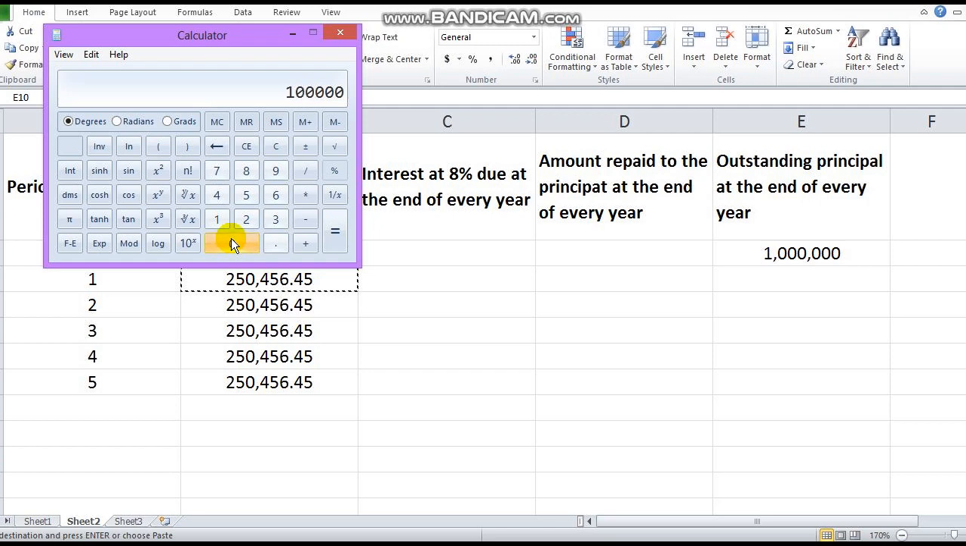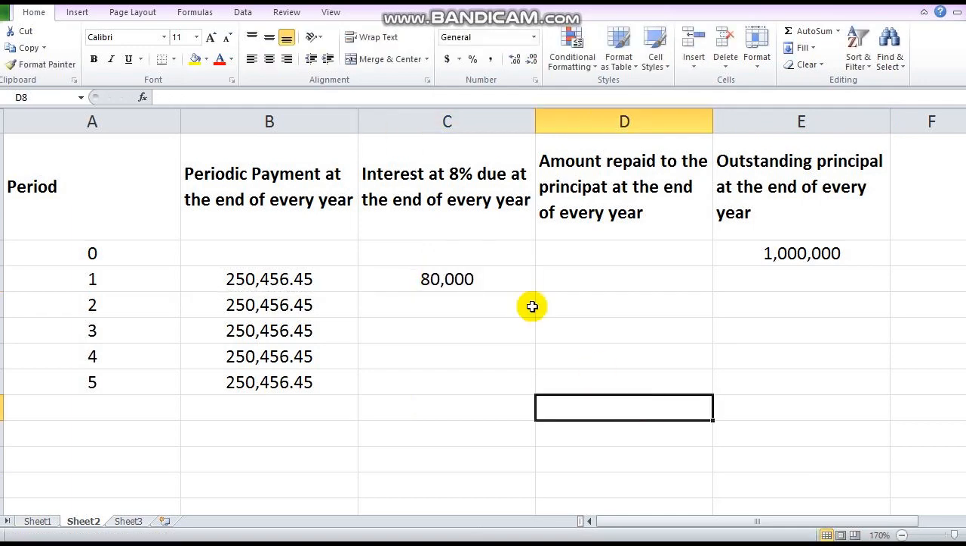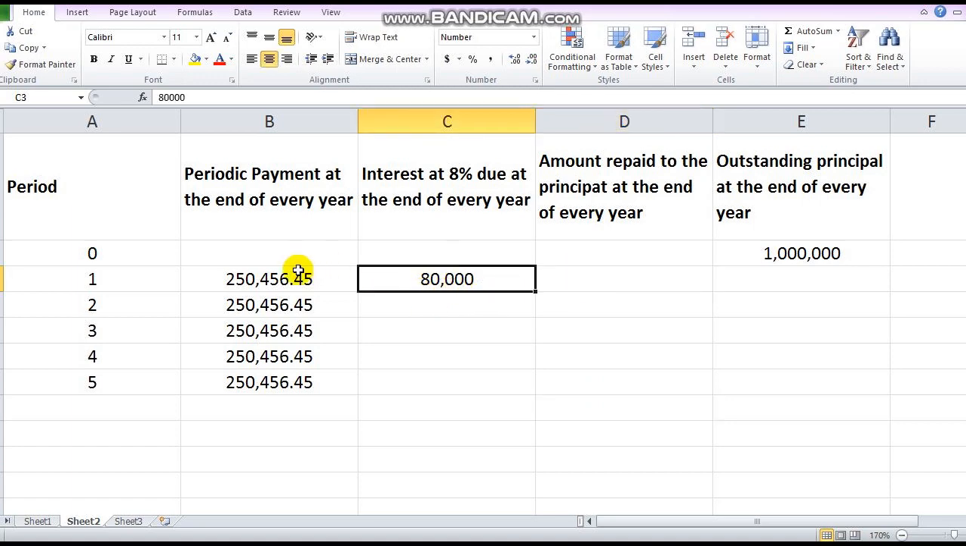1 million and multiply that 1 million with the interest 0.08 times the time, which is 1 year. That is 80,000. That's our interest due at the end of 1 year. So we're going to pay first the 80,000 from the